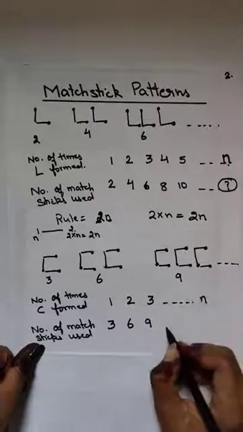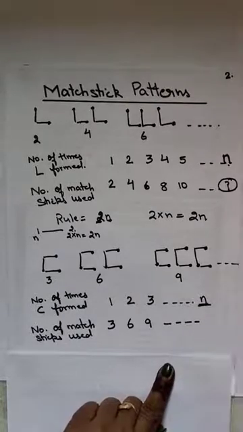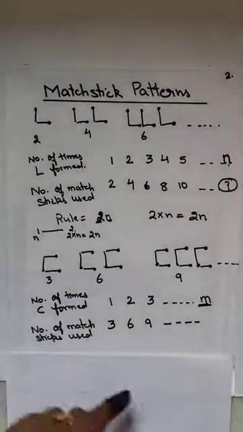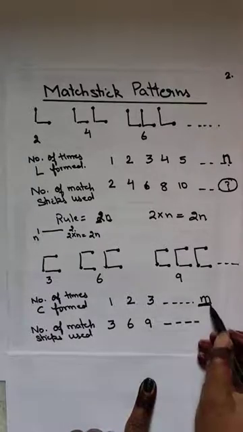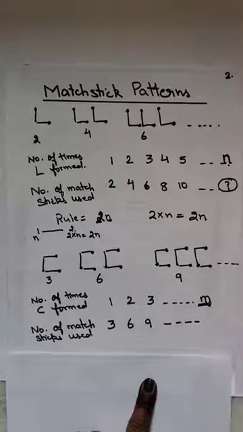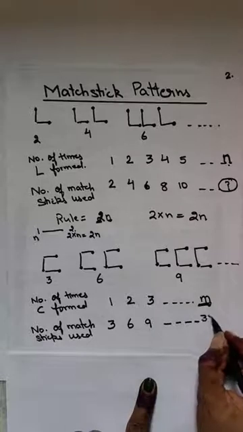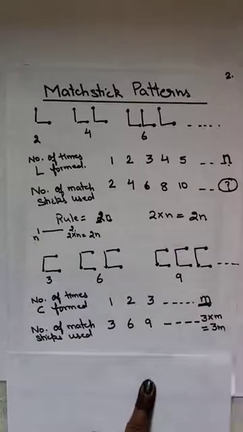And if n times C, it is not necessary that you will write down n only. You can write down m also, x also. But this variable is always in small letters. I am taking m now. Then if I am writing C m number of times, how many matchsticks are used? It is 3 multiplied by m, which is equal to 3m. So this is the rule of making a matchstick pattern.